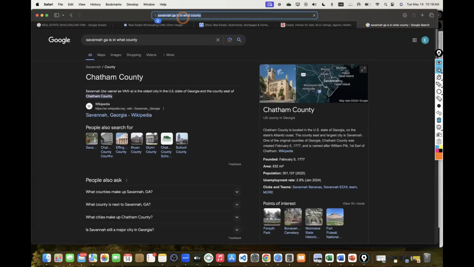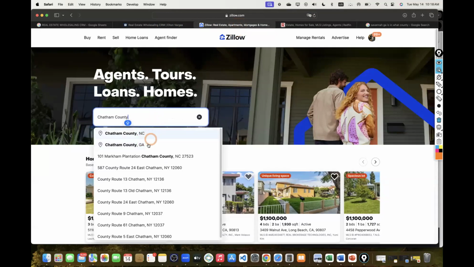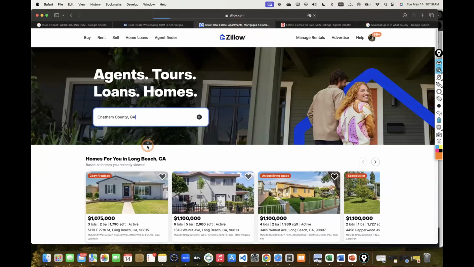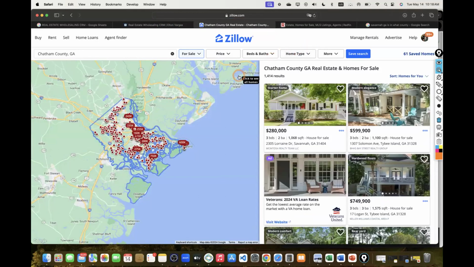What I like to do whenever I look at a property, or whenever I look into a city, is always go to the county, because the county is going to give me a bigger spectrum rather than just the metro area overall. So I always like to look at the entire county, so that if there are any other opportunities out there, I definitely don't miss out on those. So we have Chatham County. English is my second language, so I do apologize if I pronounce it wrong, but let's go through here. So Chatham County, or AKA Savannah, Georgia, we have all of these cities.